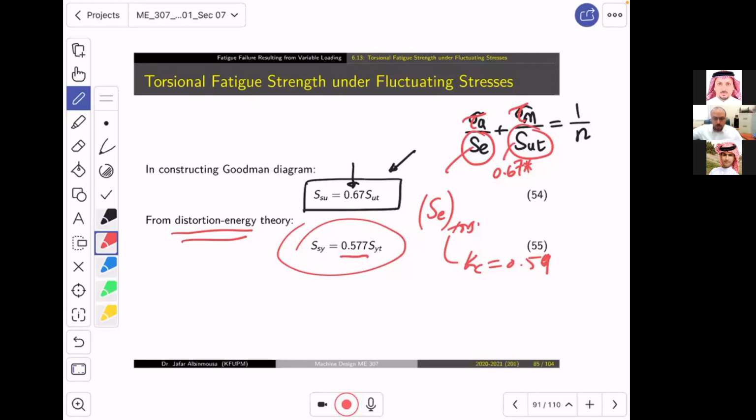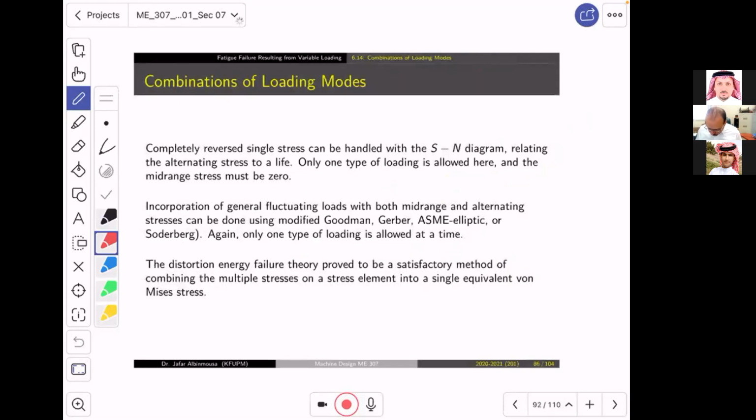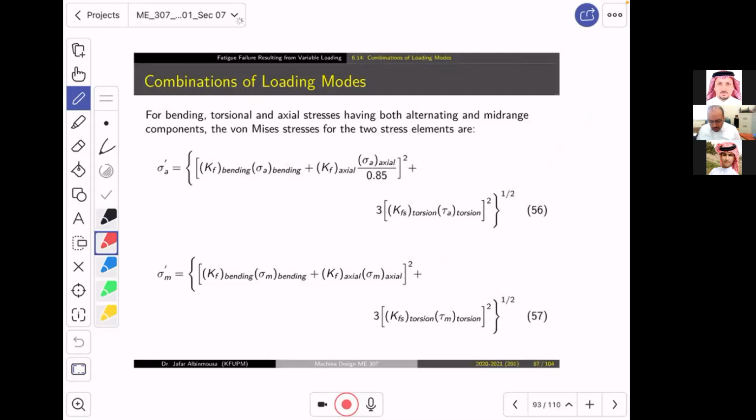Because next class, we need to start chapter 7, which is, by the way, going to be very important for your project. It will help you, okay? And also, we'll talk about the master diagram, maybe today if we have time. But this is in general how to convert the strength for torsion loading, okay? Now, what do we want to do is this. We want to talk about